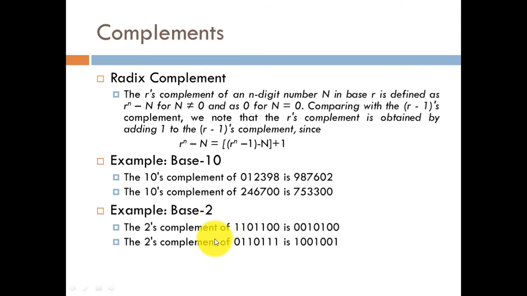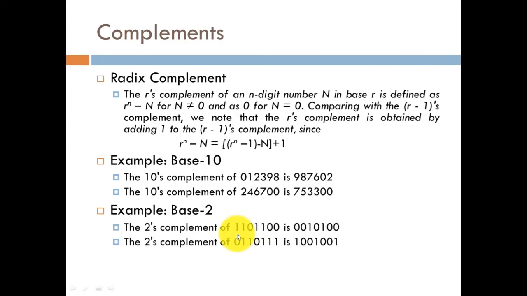You can also directly calculate this 2's complement via the R minus 1's complement, or 1's complement. This is a smaller trick. Whenever we need to calculate the 2's complement of any binary number, I simply calculate its 1's complement and then add a single 1, and whatever result we get will be the 2's complement of that number. You can easily see this from this example.